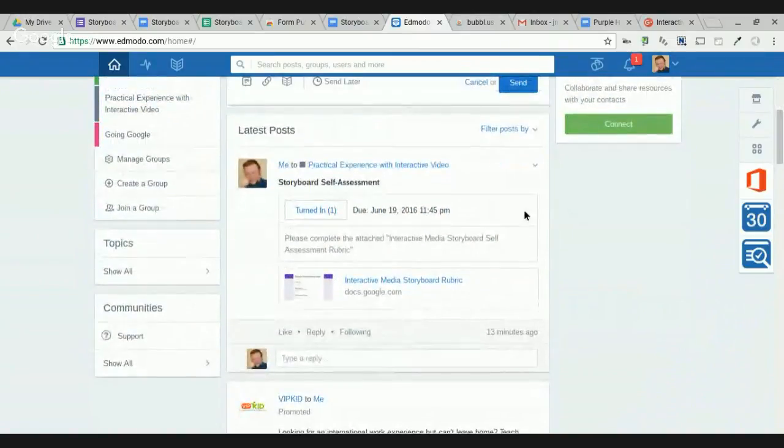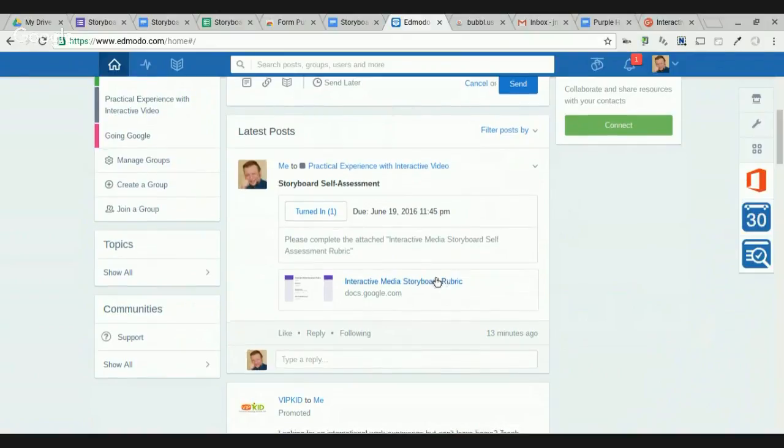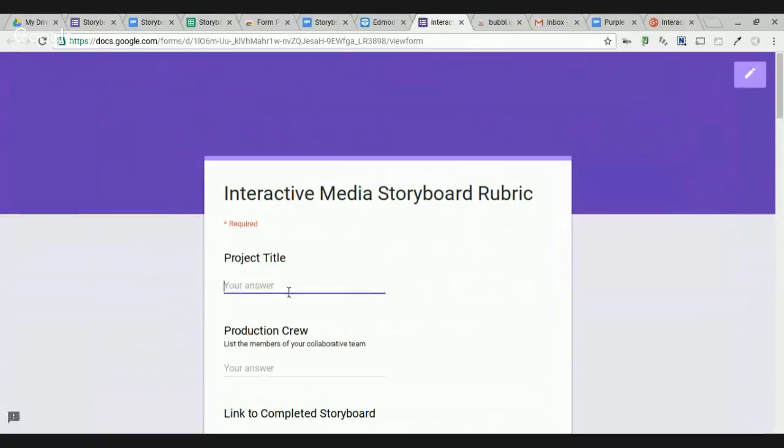So here we see I had designed this a little earlier today as I was preparing to create the screencast. So there's the interactive media story rubric. As a student, I could go ahead and click on that, and let's go ahead and fill it out. I'm going to call our project here Purple Haze. I'm going to put in the production crew as James Gubbins and